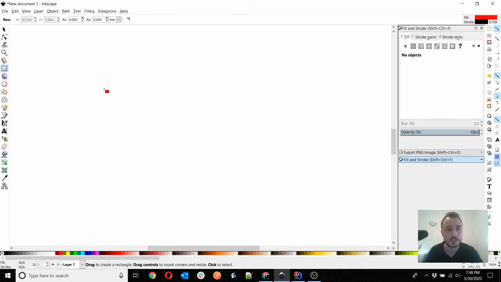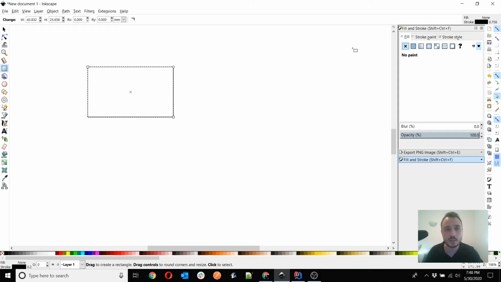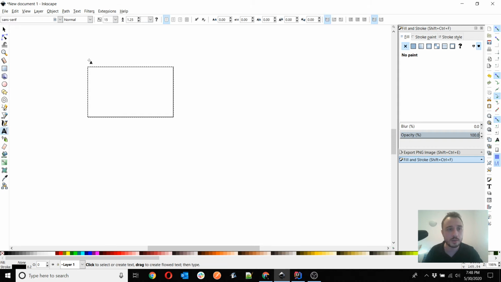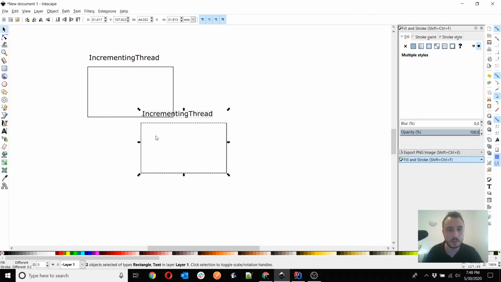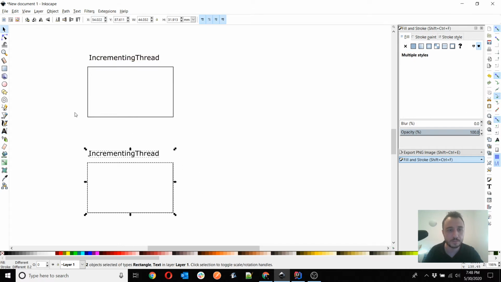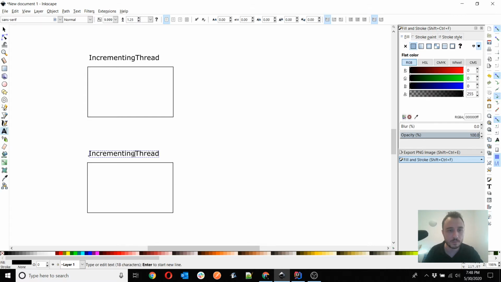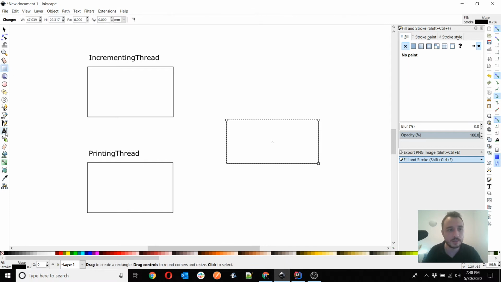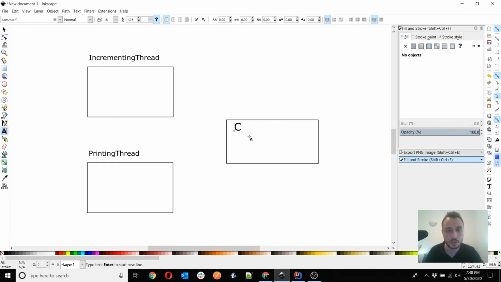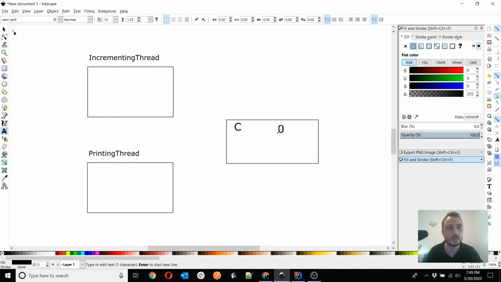Now you have two threads here. One of the threads is called the incrementing thread, and the second thread is called the printing thread. And then we have a value somewhere in the memory, which is C, and which initially has the value 0.